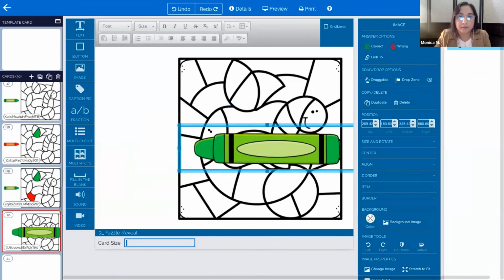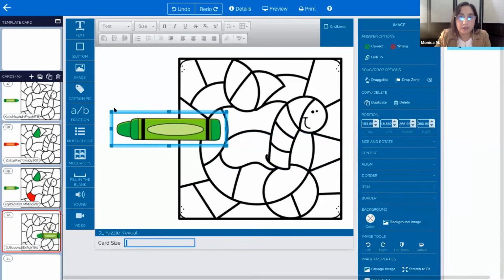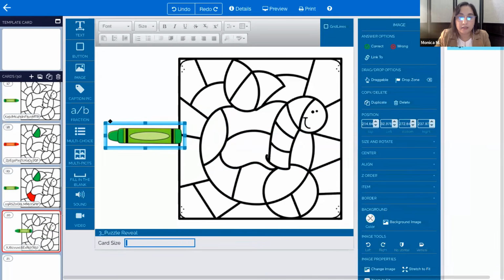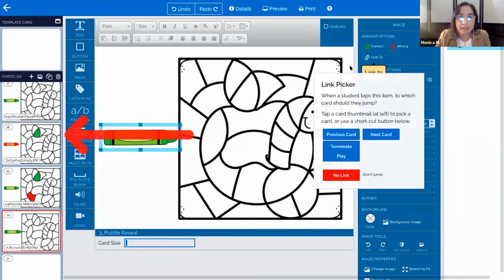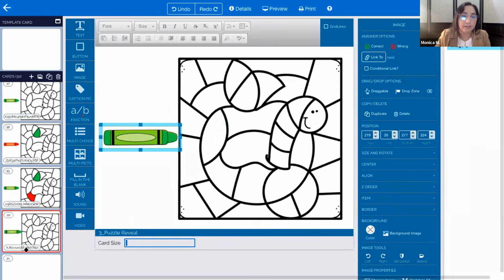And then I want it to go the other side. I want it to face the right side. So I place it like that. And then I click link the next card. Then for the next card,